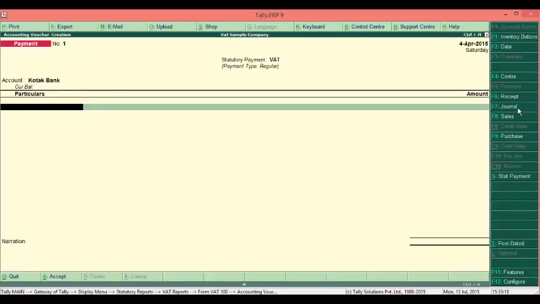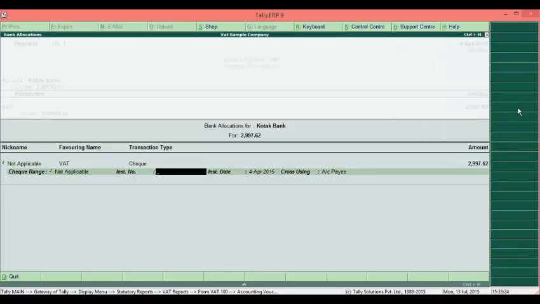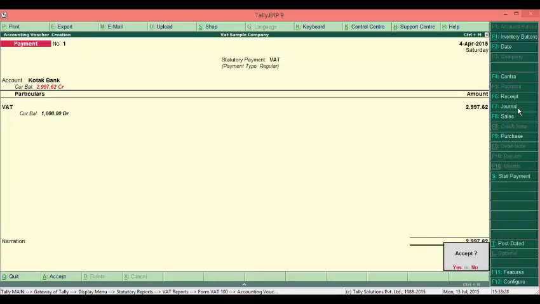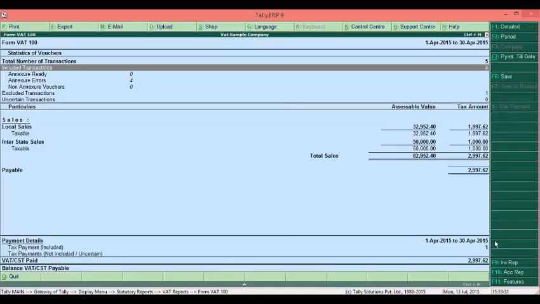I select the VAT ledger and save this. I can specify the instrument number and save this. Now you can see in the payment details it says tax payment included 1 voucher and VAT or CST paid.